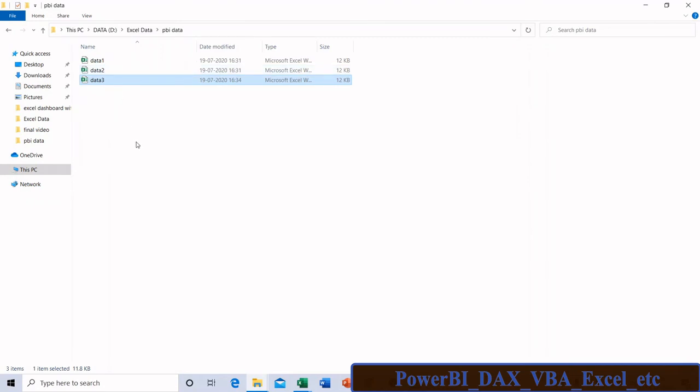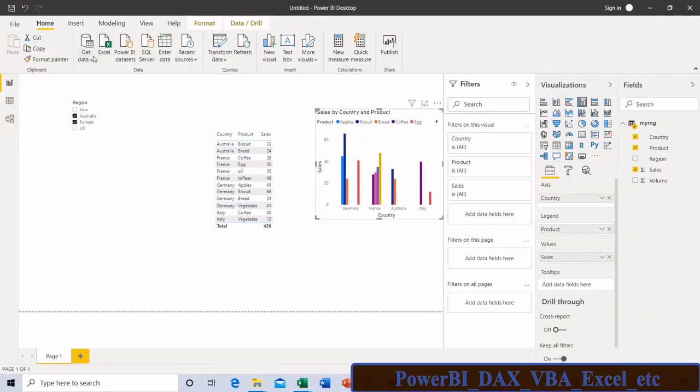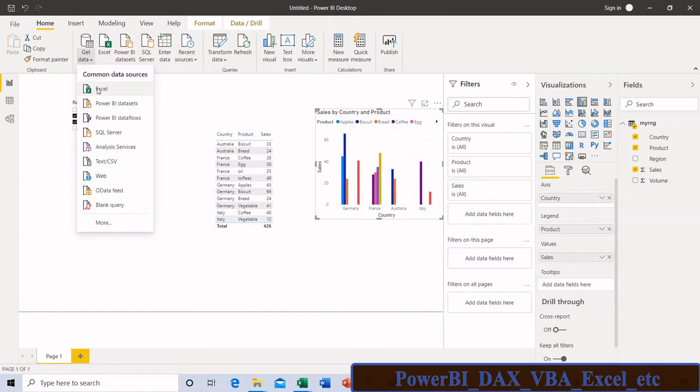In this case, what should I do? For example, if I go to get data, Excel, and load this data one by one, and if we are having 50 different data files, it is a very difficult task. To avoid that, we can load this data directly from the folder.